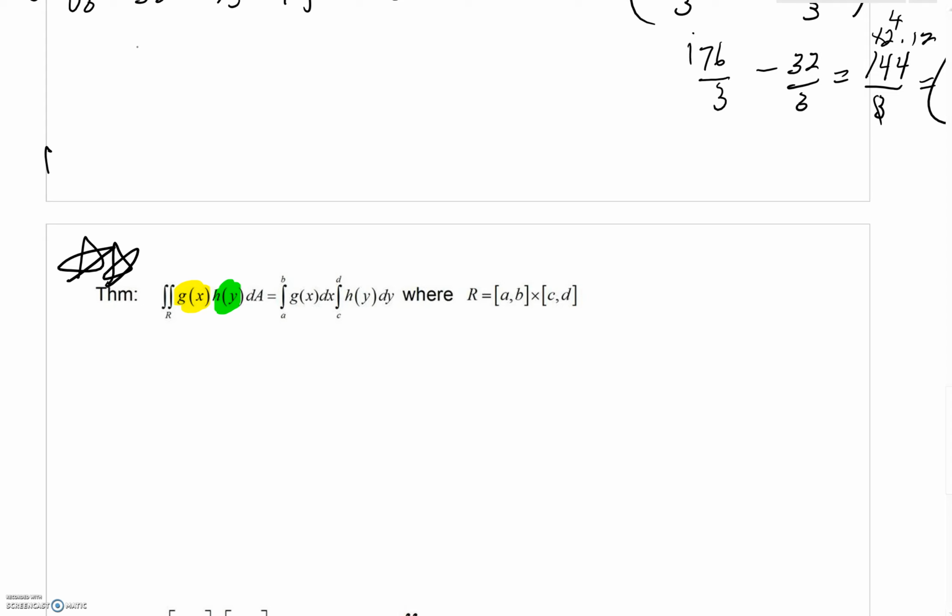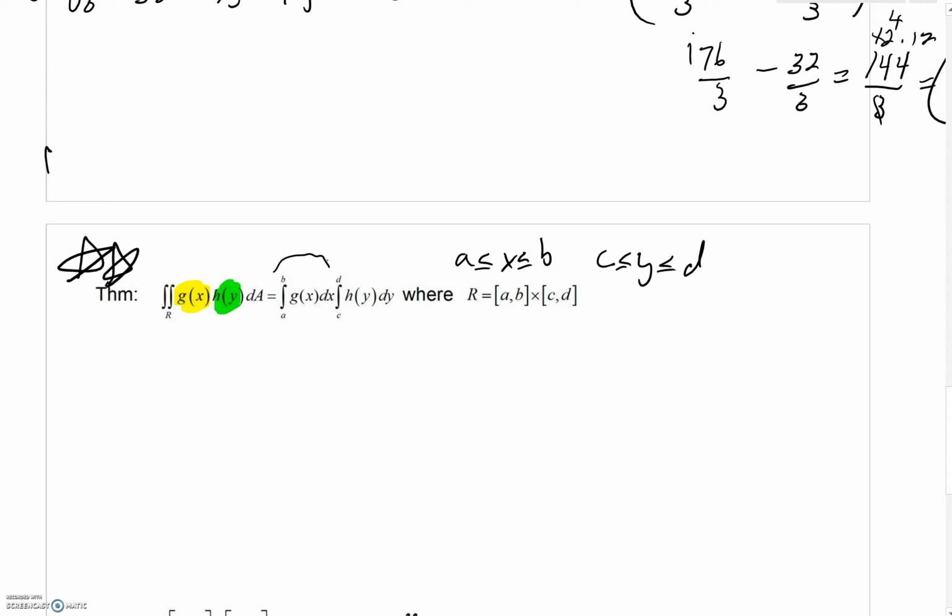In other words, you have a function just with respect to x multiplied to a function just with respect to y. If that's the case, and you've got your x values bounded between a and b, you've got your y values bounded between c and d,